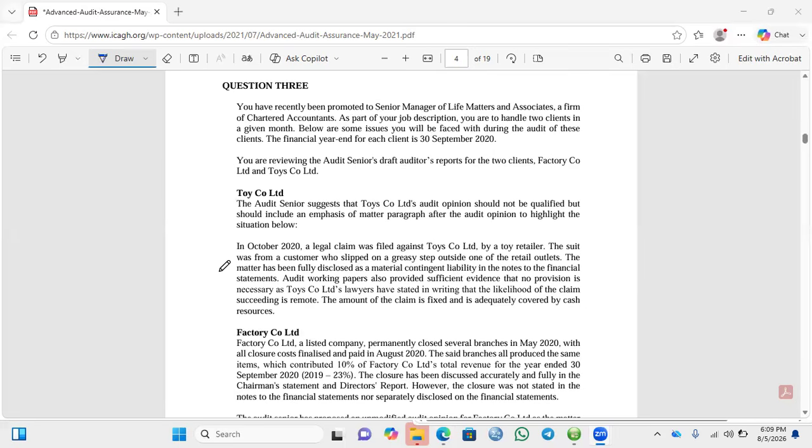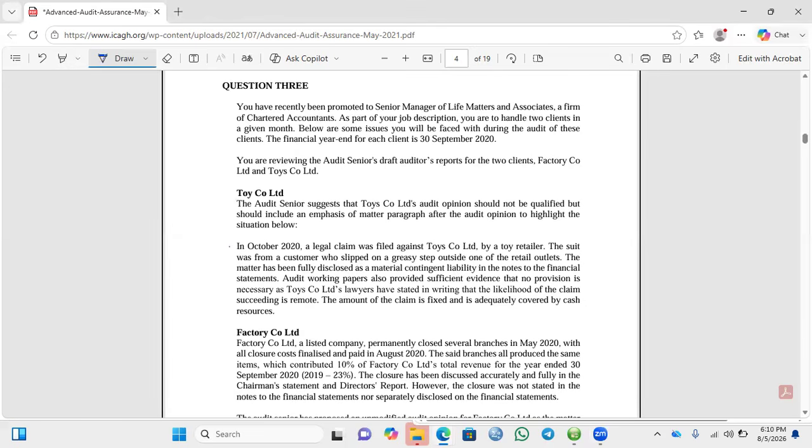Audit working papers also provided sufficient evidence that no provision is necessary, as Toys Company Limited's lawyers have stated in writing that the likelihood of the claim succeeding is remote. The amount of the claim is fixed and is adequately covered by cash resources. For Factory Company Limited, a listed company